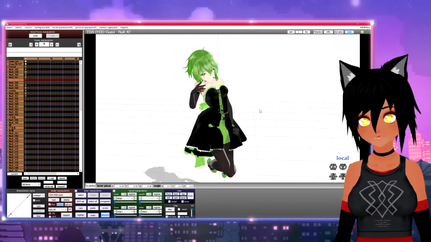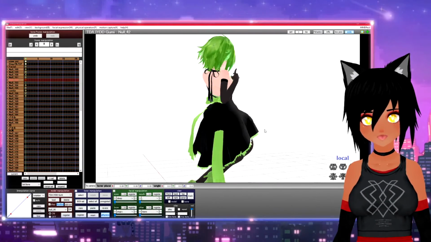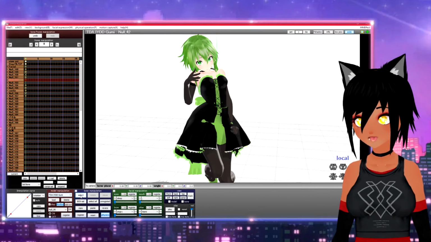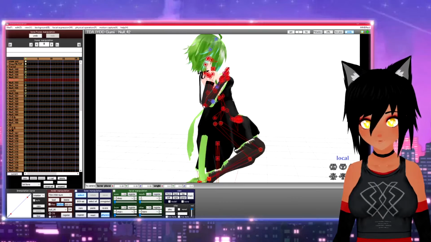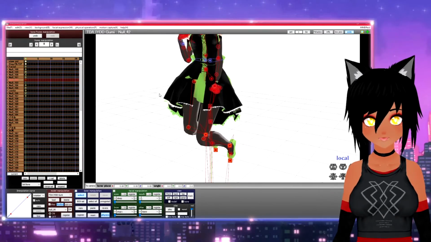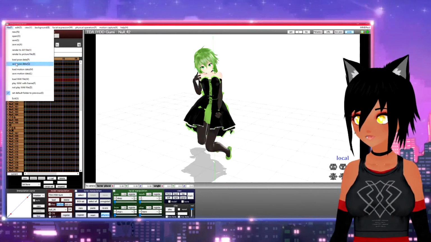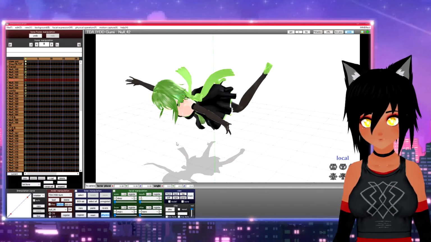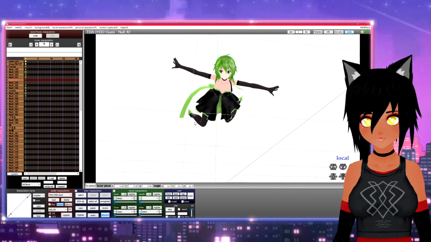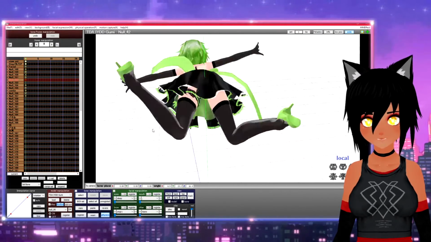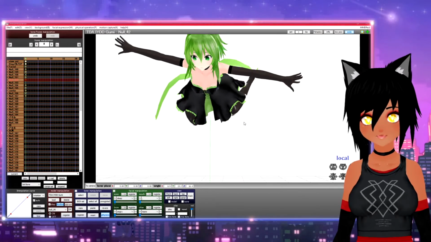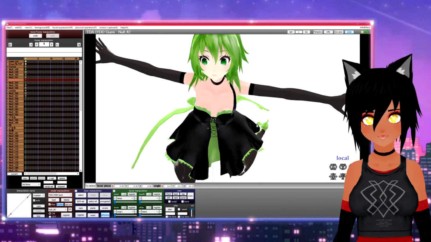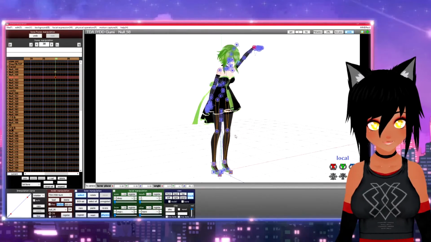Now, of course, it's not going to work for every model because the clothes are going to be different. Models might have different proportions. So you might have to adjust. But the hard work is done for you. And you know what? If you don't like that one, you can be like, oh, no, that pose is not for me. You can just load another one. Look at that. And boom. Now she's like falling. So now you can take screenshots, load in a background or something, do whatever you want. Boom, there you go. You have a pose.